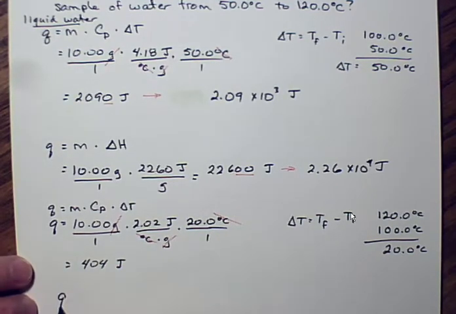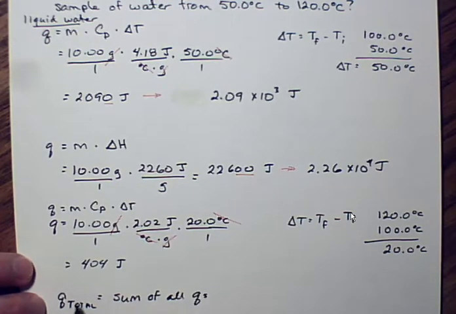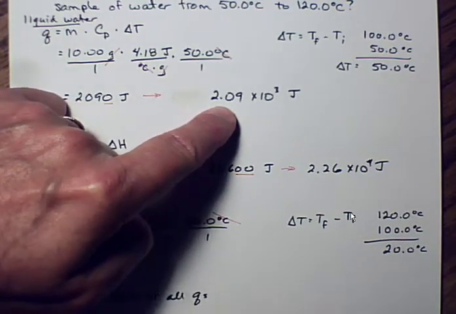But now we need the total Q. Total Q is the sum of all the parts. How many of you have taken calculus before? No? Okay, then I'll just write sum of all Q's. Is that good enough for you? That makes sense to you? So the Q total, sum of all the Q's, is going to be this Q,